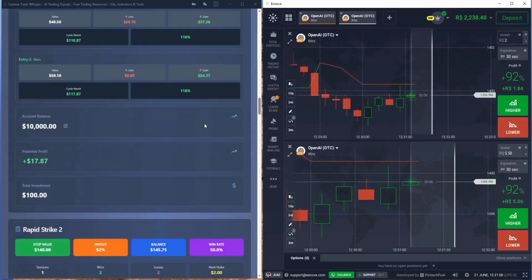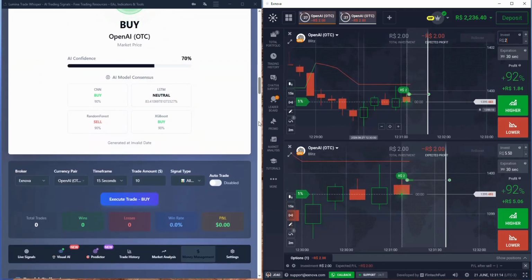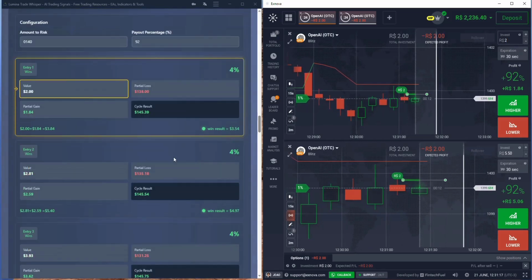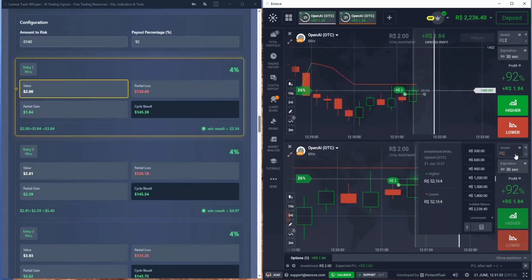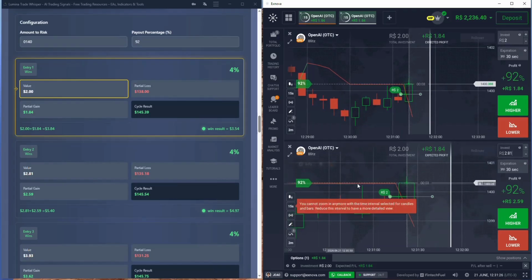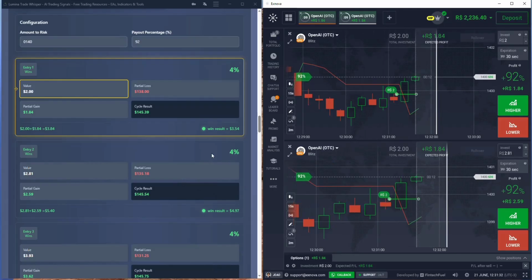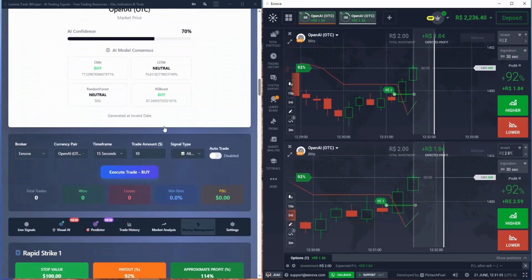Let me see if it had not gone above. It's a buy, so I'm going to buy. This signal started here. So the backup for that 2 is 2.81. So I'm going to put it immediately, 2.81. Okay, so here we go. Let's watch it. The signal started earlier. We are a little bit late. Hope it wins. So it's a buy signal. You can see,